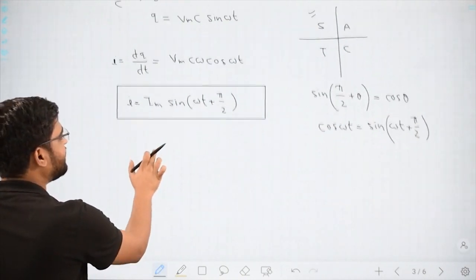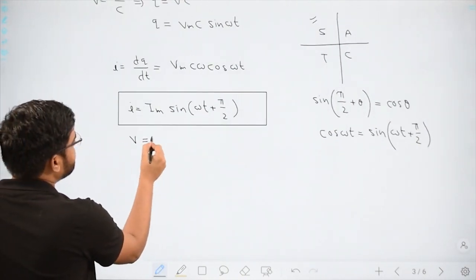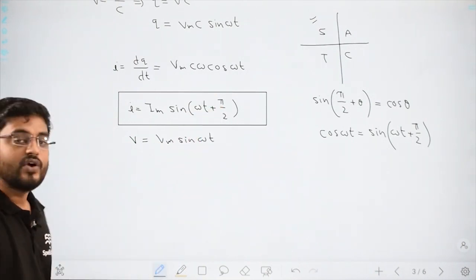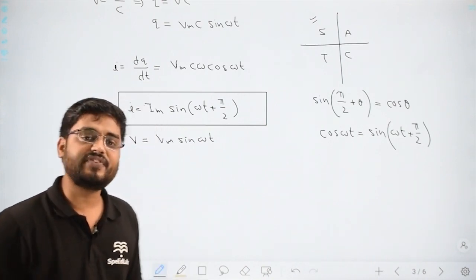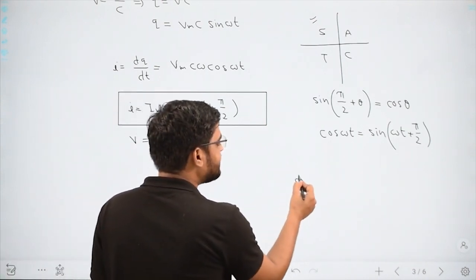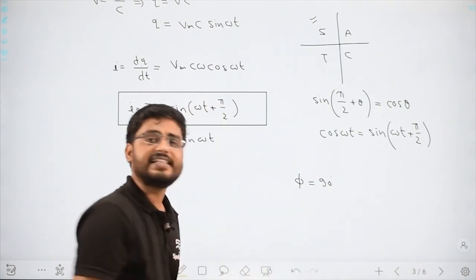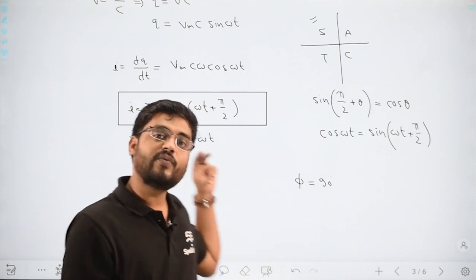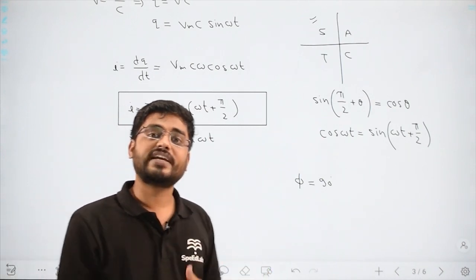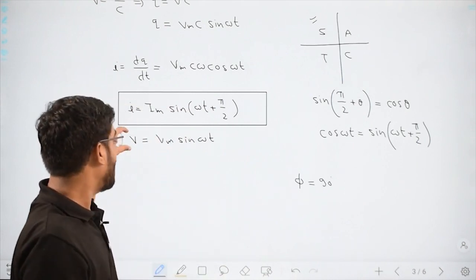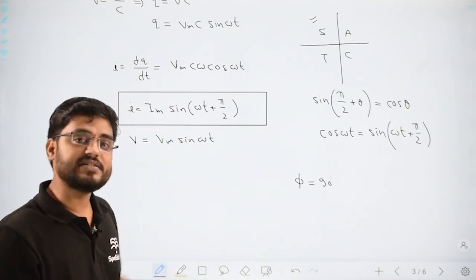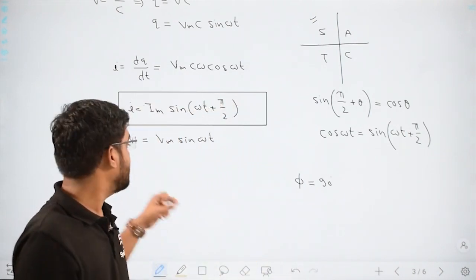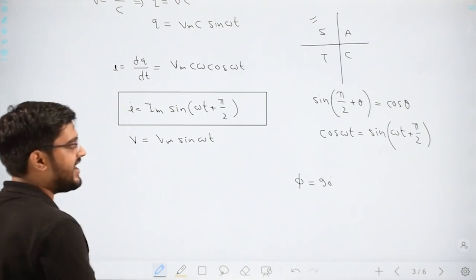Now let us just discuss some of the things. Voltage was given as Vm sine omega t, then current is given like this. Who is ahead? The first is the phase difference. So phase difference here is again 90 degrees, but which one is leading? Here the leading one is the current. So we say current leads the voltage by an angle of 90 degrees, or we can say the other way around also: the voltage is lagging behind. You just need to remember the voltage, okay? Current, because current we are going to keep on the x-axis. So here voltage is lagging behind by an angle of 90 degrees.